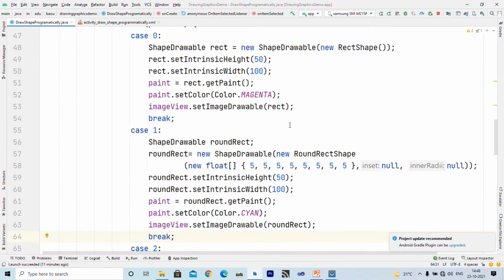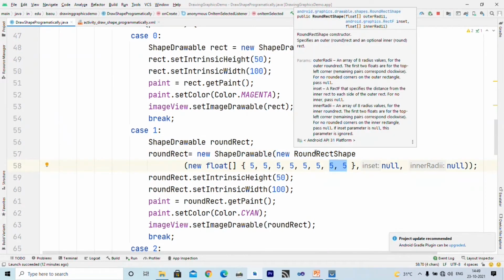Creating a rounded rectangle is very similar to the rectangle object. The only difference is that now, instead of a new RectShape, I have to create an instance of a new RoundRectShape. Now remember, RectShape does not take any argument, but RoundRectShape takes 3 arguments.